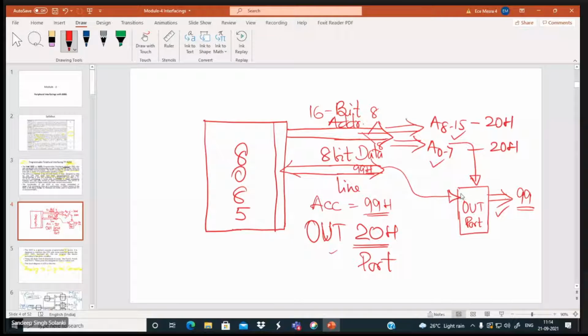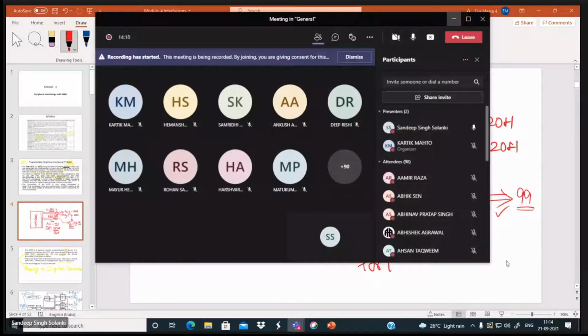Now I'm asking a question to you: if suppose you want to send the data to the port, after knowing whether the device which is connected on the port is ready or not, then what you will do?